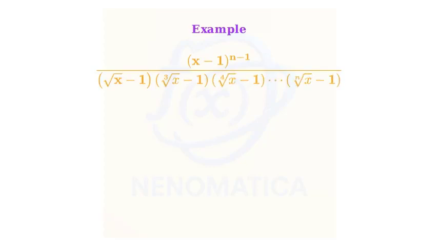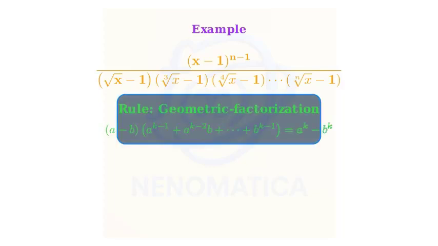In this example, we simplify a telescoping product involving radicals by using the classic factorization rule, a to the k minus b to the k. First, read the problem statement carefully. Strategy. We will multiply by 1, crafted as a product of geometric sums, so that each radical difference turns into x minus 1. The rule is a minus b times a to the k minus 1 plus a to the